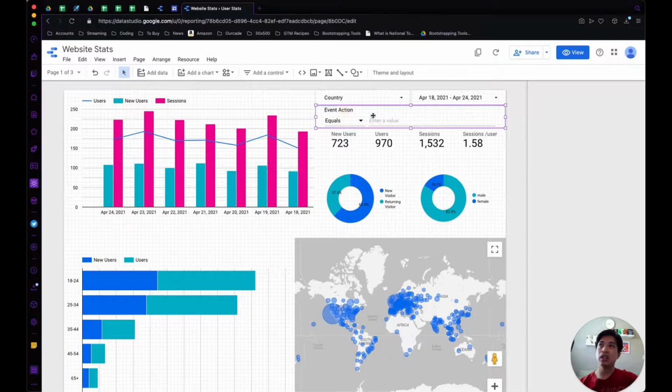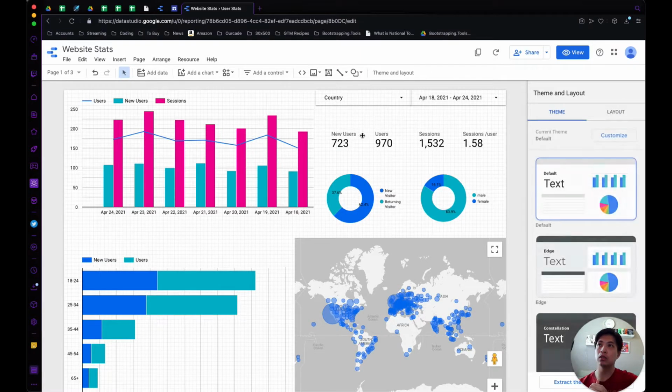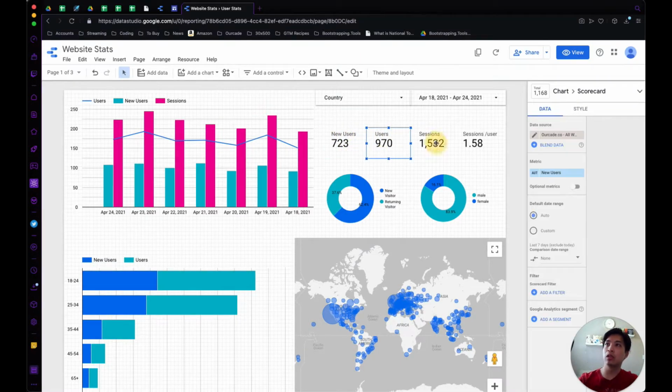up a little bit. As much as I love advanced filters, I don't think it's actually that useful unless you're giving the report to someone who's a little bit more nifty. Typically, you'd want to use the controls to be really simple, so that whoever's looking at it, or during a presentation, you can just do it real quick. So that's why I typically go with date ranges and drop downs or checkboxes if we need to use one of those. So let's go ahead and just delete this first,